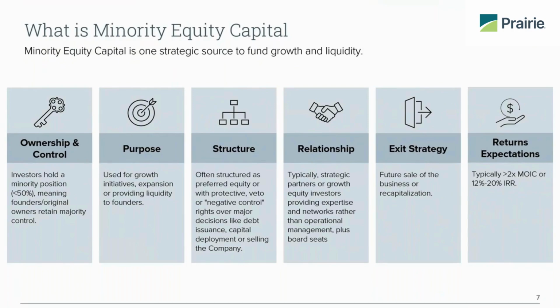But just to round this slide out on the return expectations, what we've highlighted here is greater than a 2 times cash on cash return. Typically, that's in the 3 to 5 times range is what's ideal and theoretically expected. On an IRR basis, again, depending on a lot of different dynamics with the minority position and how the deal is structured, between 12 and 20% is an acceptable IRR, always with sights on trying to maximize that to the extent possible.